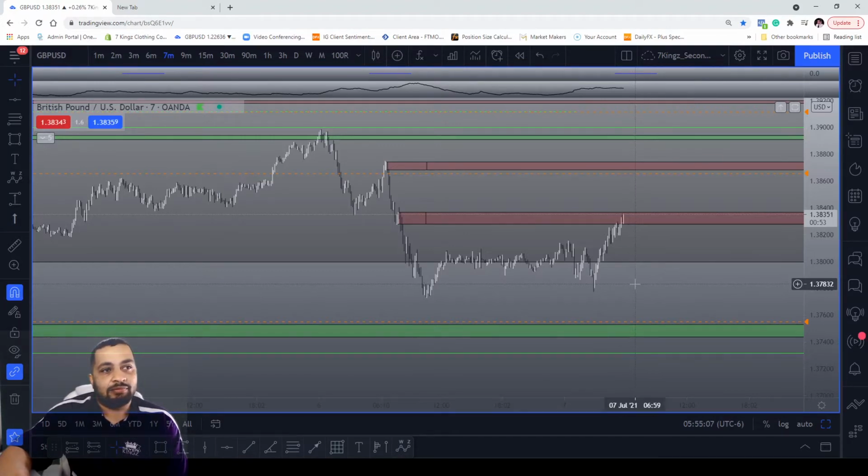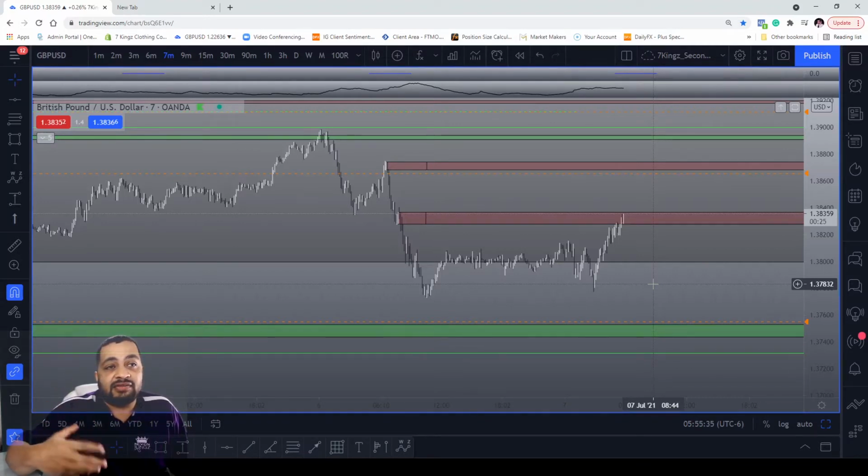And I specifically trade GU, so GBP USD. But for this series, I decided we'll mark up GU and GJ so that you can see it works on pretty much all markets. In my opinion, the more volatile the market is, the better, because you get a lot of up and down, so you get a lot of supply and demand zones that are created. So